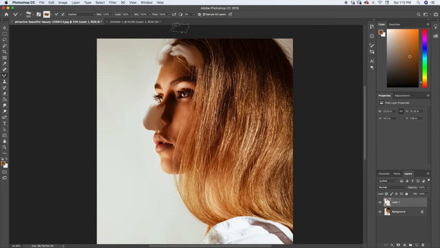But you really want to play around with the flow, the mix, the load, and the wetness. So let's turn down the flow and see what that does. Then let's turn down the mix. As you start to play around with these different settings, you're going to get different effects. Let's control the wetness. We can turn some of these down even more, and you can see it softens it up a little bit when we turn some of these settings down. And if we bring our brush size down,